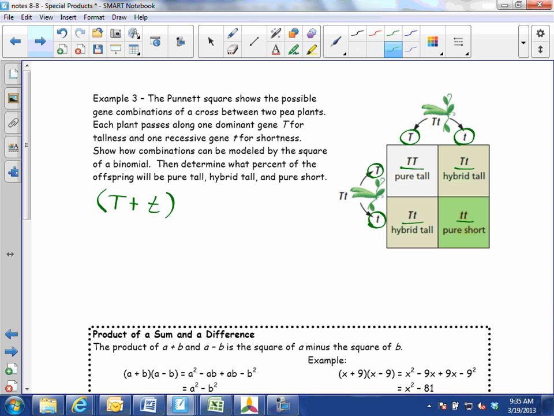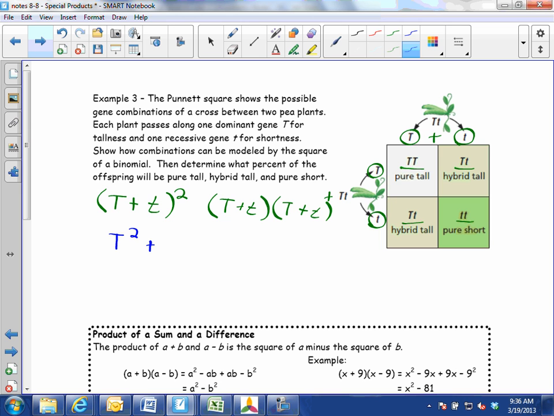Since I'm taking that combination of genes times itself, I can either write it with a square, or say this is the same as big T plus little t, times big T plus little t. So I'm taking it times itself. Follow me? Okay, so let's use our pattern. What are we going to get? Big T squared